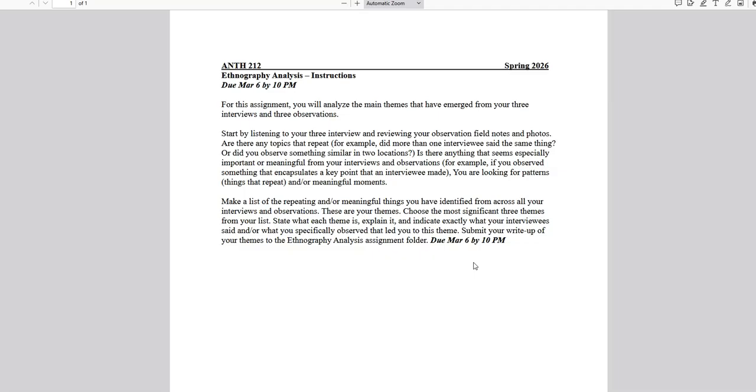So what your write-up that you'll submit for this assignment will look like is basically 3 chunks of text, 1 for each of your themes that explains the theme, and then also provides the evidence from the interviews and the observations that back that theme up. So that's what you're going to do for this ethnography analysis assignment. So let's now go to the other assignment,